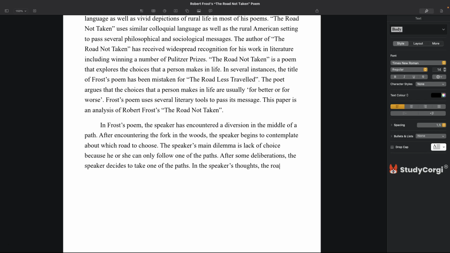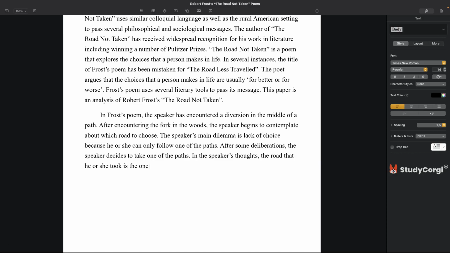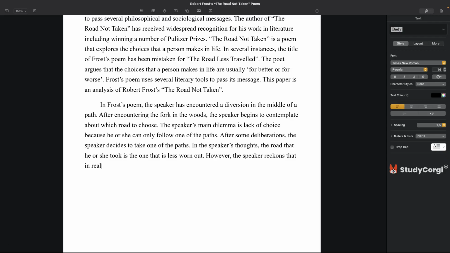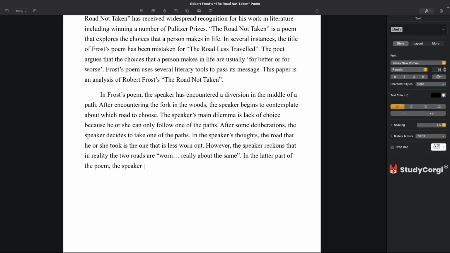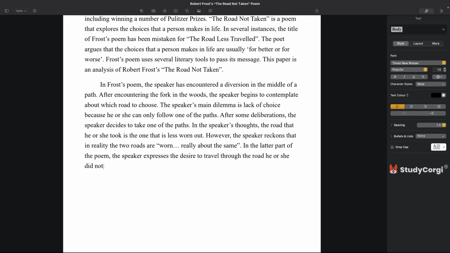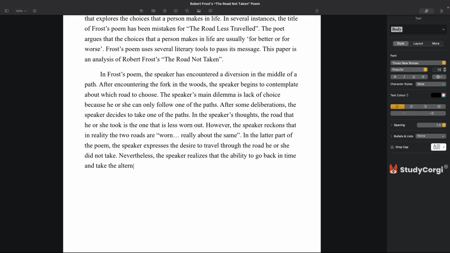In the speaker's thoughts, the road that he or she took is the one that is less worn out. However, the speaker reckons that in reality the two roads are worn really about the same. In the latter part of the poem, the speaker expresses the desire to travel through the road he or she did not take. Nevertheless, the speaker realizes that the ability to go back in time and take the alternative path